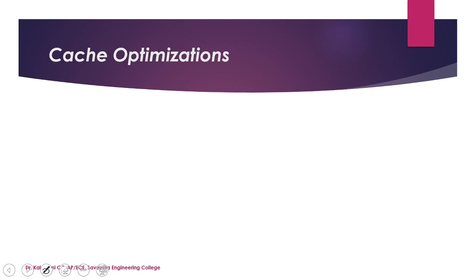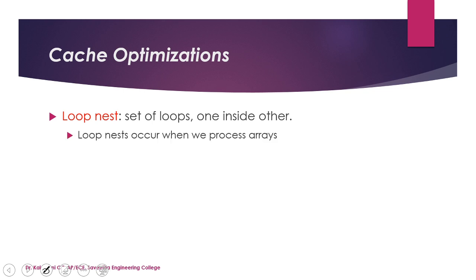Next, very important, the next topic after loop optimization is cache optimization. As you know, what is cache memory? It's a temporary memory and it's a very fast access memory. Whenever you execute a loop, the set of loop instructions will be there in the cache. So processing an array is very easy.